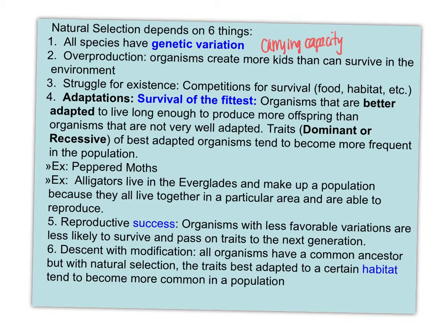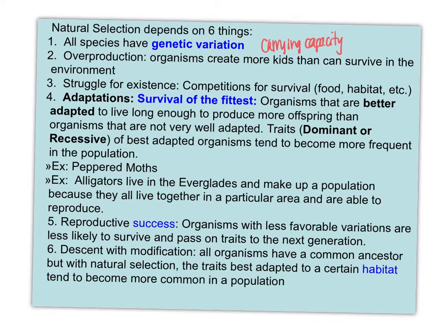So the traits. Now here's the kicker. The trait that is best adapted for that particular environment can be dominant or recessive. So if there's a recessive trait that is better adapted for that environment, then you will see the recessive trait more often. And this is one of the reasons why we cover genetics first. As you have probably noticed, we've talked a few times about genetics, how there is a connection between genetics and evolution. One example of that is the peppered moths.